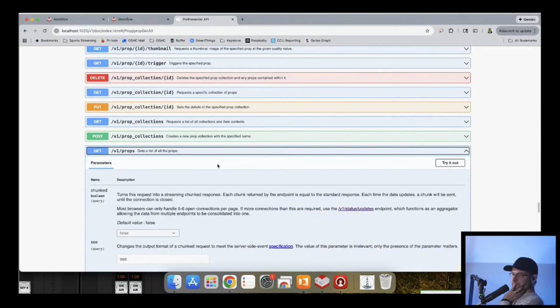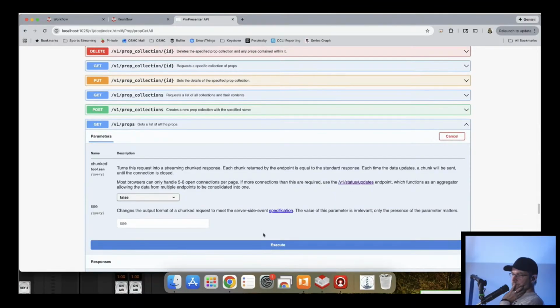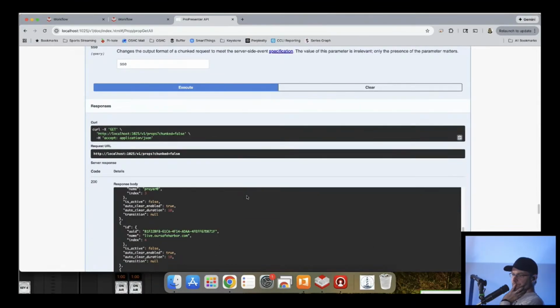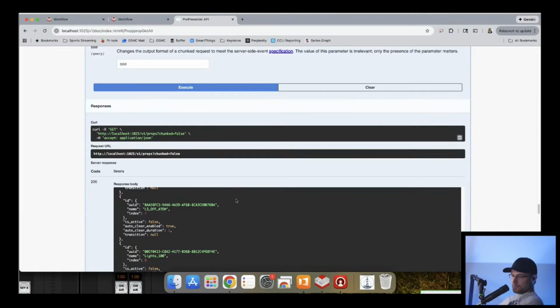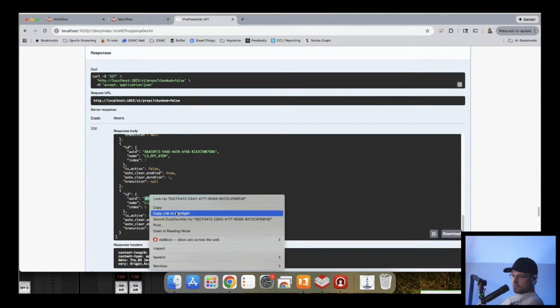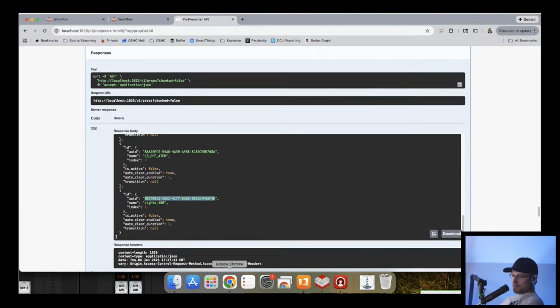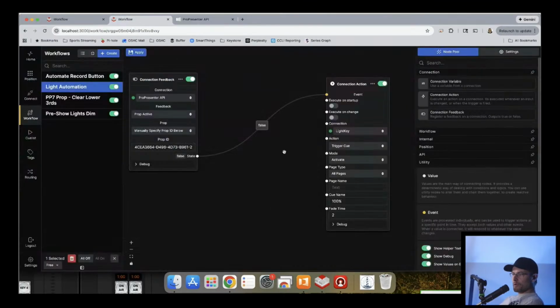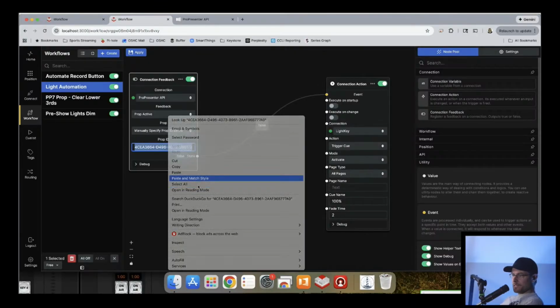Get a list of all props. Try it out. Execute. Okay, yep. False, false, false. All right, so lights to 100%. I'm thinking this is going to work this time. Boy, am I confident. Light automation.